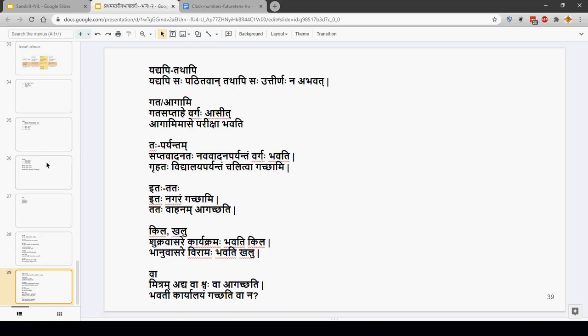We started with the chart of letters. We went through quite a lot. We did pronunciation, and then introduction to different words, pada parichaya. There are different words, and we looked at the lingam or the genders, what are the genders, how a word is associated with the gender, and numbers, what numbers are there, what are the case endings, vibhaktis are there,